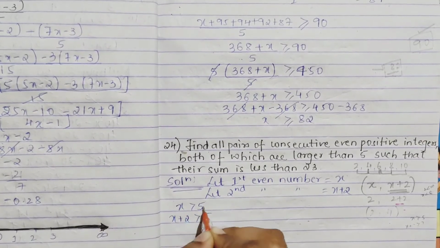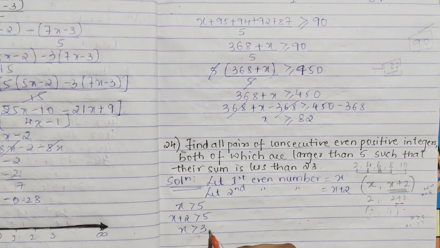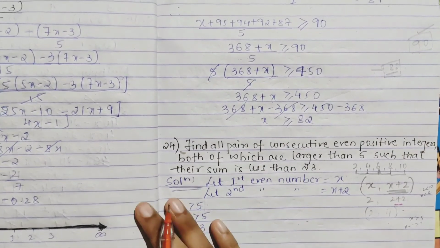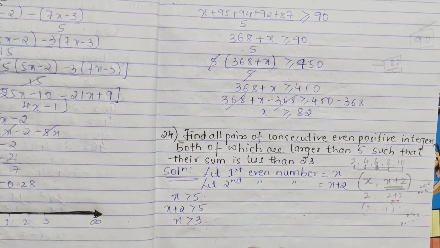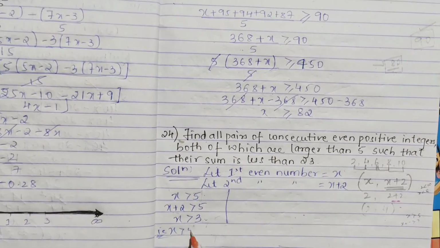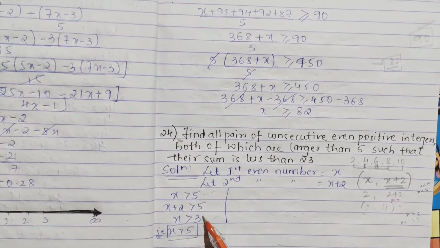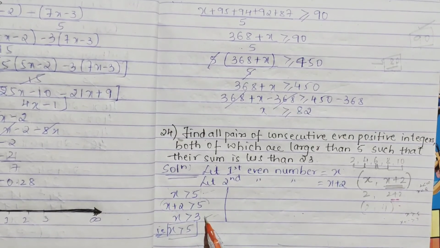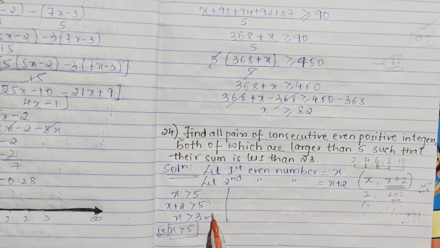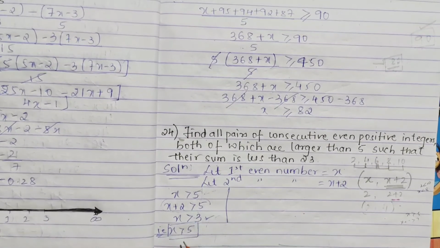Here your x is greater than 5. For this x plus 2 greater than 5, it will be what? x greater than 5 minus 2 is 3. So x is greater than 3 here, and from the other, your x is greater than 5, which means your x is greater than 5 only, right? In both conclusions, if we take, your x should be greater than 5. This is your one concept we can take, that is your x is greater than 5. Why you are subtracting 2, right? You are taking here minus 2 means x is greater than 3. Greater than 5, greater than 3 means ultimately the common one we take, it should be greater than 5 only.